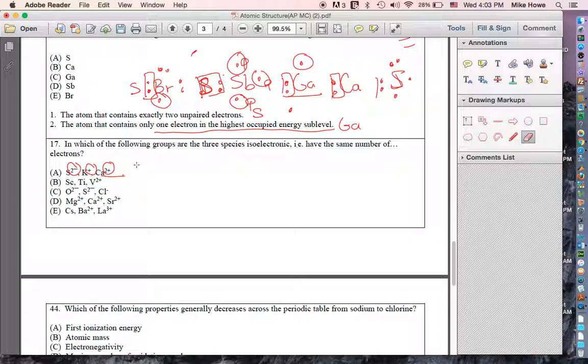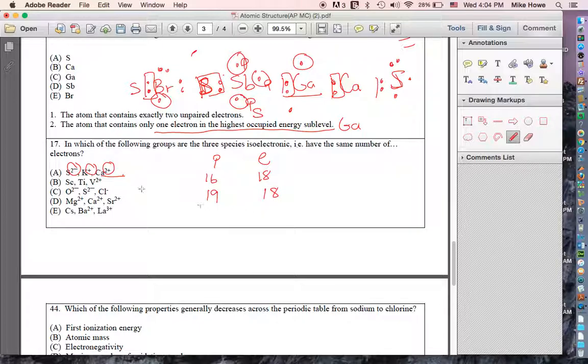All right, so looking at these three, I'm going to do protons and electrons. So you're going to have protons, electrons. I'm just doing A. Sulfur has 16 protons, but since it has a -2 charge, it has 18 electrons. Potassium has 19 protons off the periodic table, you know that, but it has a +1 charge. So normally it would have 19 electrons, but a +1 charge means it's lost an